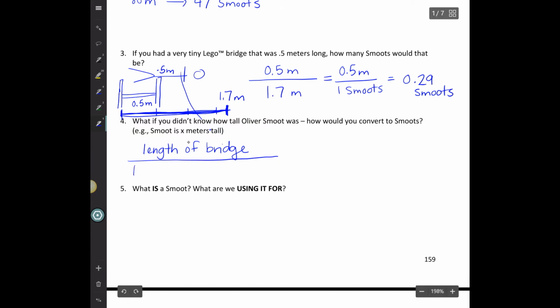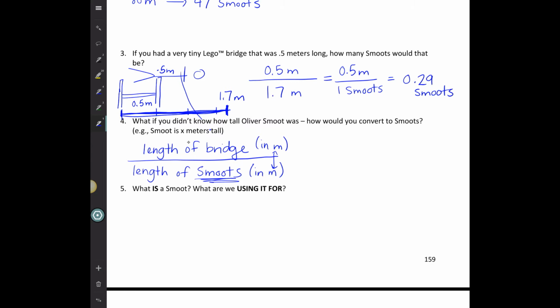I want to know how long is that in terms of how many smoots could fit in that space, right? So we want these to match